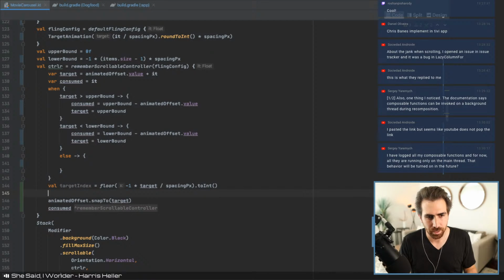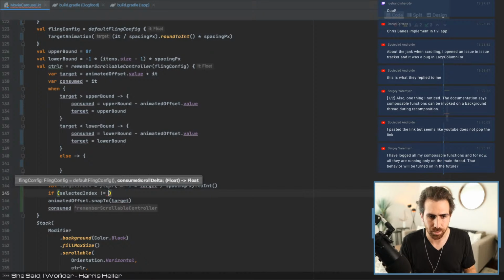Okay, so if the selected index is not equal to the target index, then we can fire